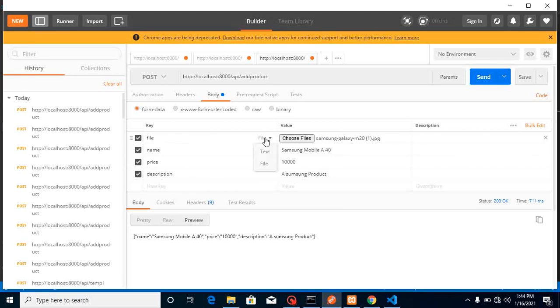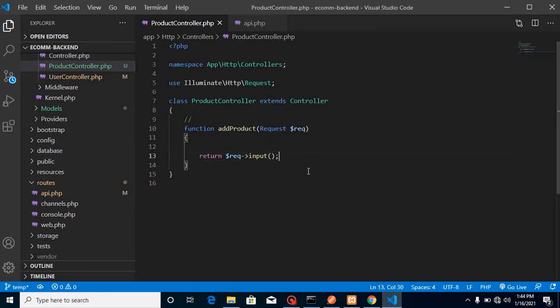If we have text here, then it can be included here, but now we have selected from file, and yes, this is a file, that's why it is not included here. But as we know how we can see it, we will upload it, there is no problem. So import our model here, so app models product,